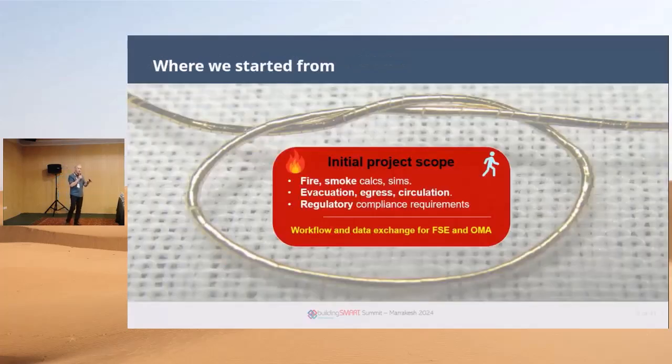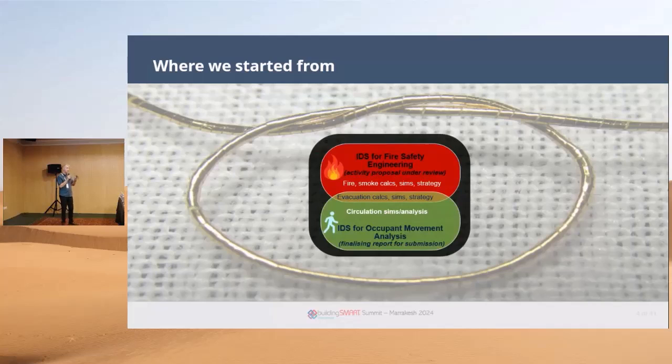So we started with the initial project scope of covering everything from fire, smoke, various calculations, simulations, evacuation, egress, circulation, regulatory compliance checks, a lot of things all to do with fire safety and occupant movement. After various discussions, we split that up into two areas: